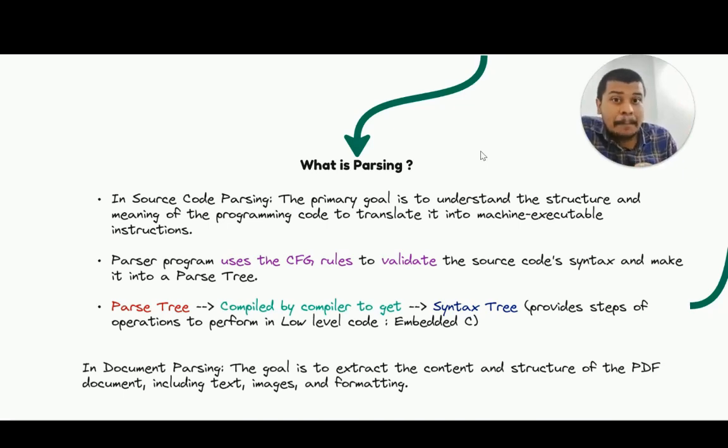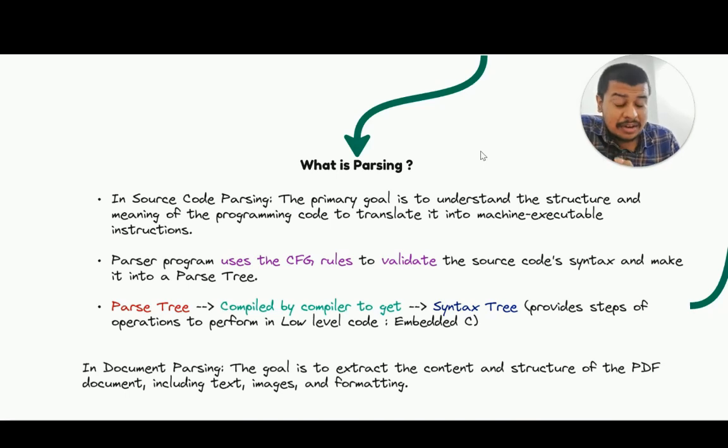Source code parsing is where the compilers come into play. So compilers have this particular program called the parser program. This parser program goes through each and every string in the source code script, understands each and every string, and checks whether these strings are in the correct syntax format for that particular language. For example, in the C language, there'll be some syntax, right? So some rules and regulations for the language is called a syntax. So this parser program will take in each and every string of the source code and then validate it with its rules and regulations, what it has as context-free grammar.